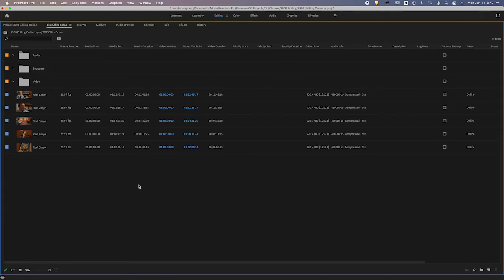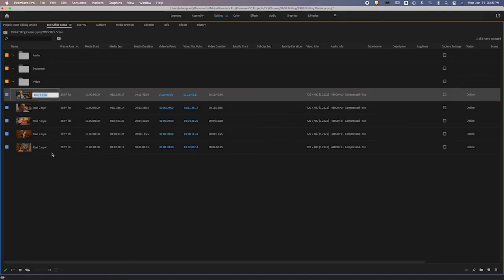Okay, one more thing I want to talk about with the project window. It's more than just a window, right? It's a database. And it's a powerful database that we should take advantage of. And I'm going to teach you how to do that now if you don't already know how. So here's what we're going to do, and I want to see this in the screen grabs and things you send me. So we've got our thumbnail, and then here we've got our name, which we know we can change,